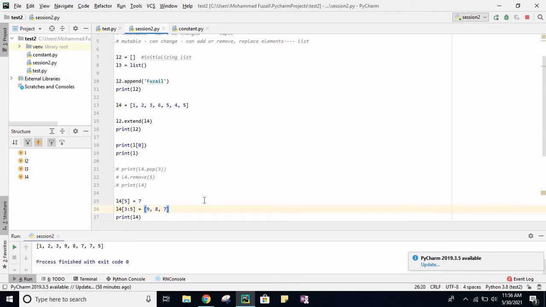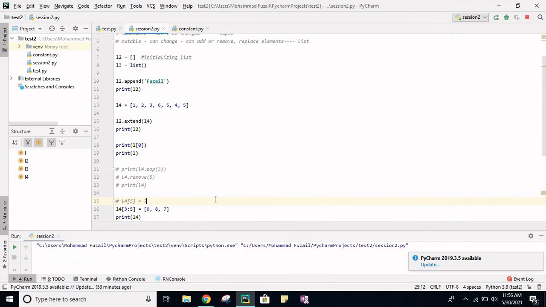There is, sir, there is 7 in the output. Let me print this out again. See, the 7 was because of this assignment.